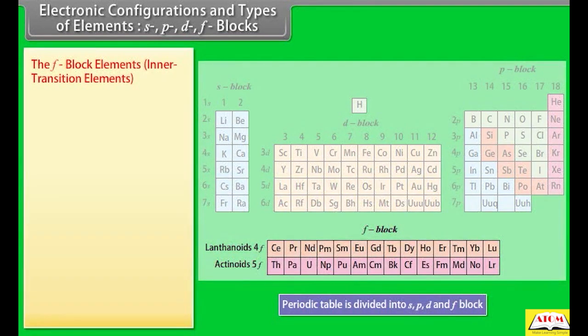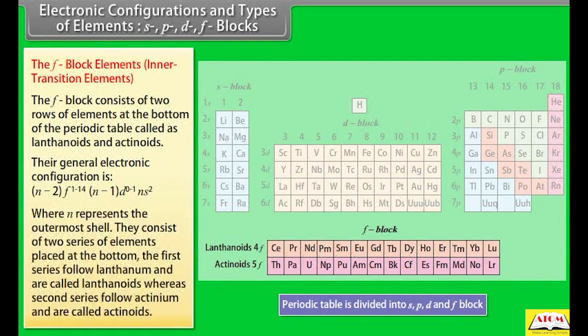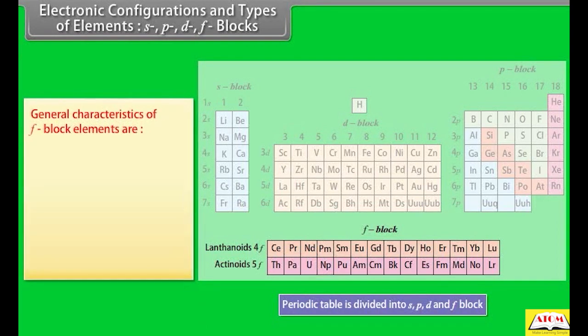The F block elements. Inner transition elements. The F block consists of 2 rows of elements at the bottom of the periodic table called lanthanoids and actinoids. Their general electronic configuration is: where N represents the outermost shell. They consist of 2 series of elements placed at the bottom. The first series follows lanthanum and are called lanthanoids, whereas the second series follows actinium and are called actinoids. General characteristics of F block elements are: they show